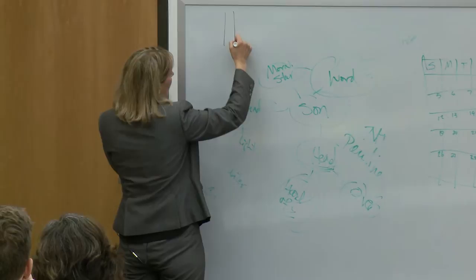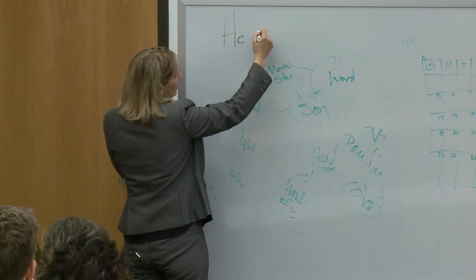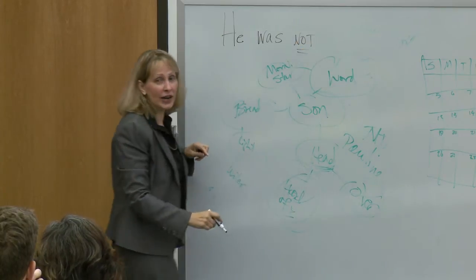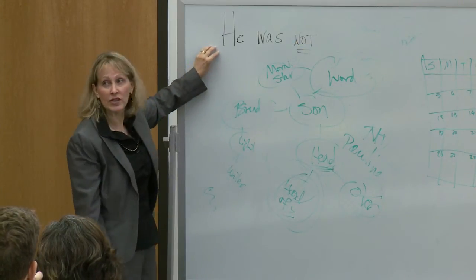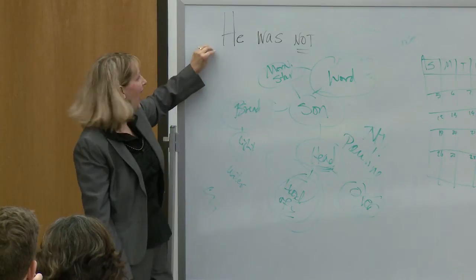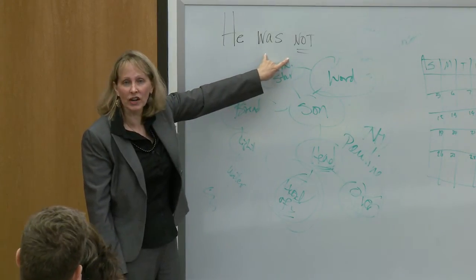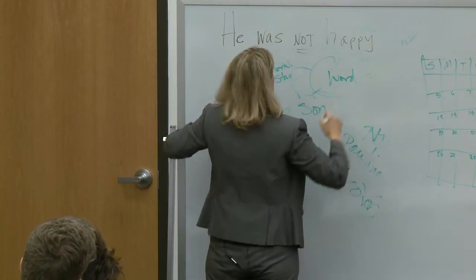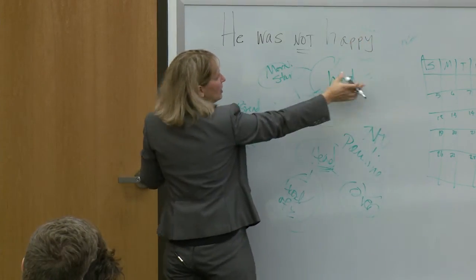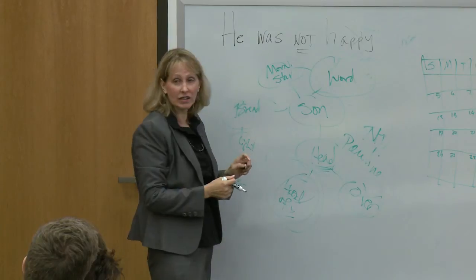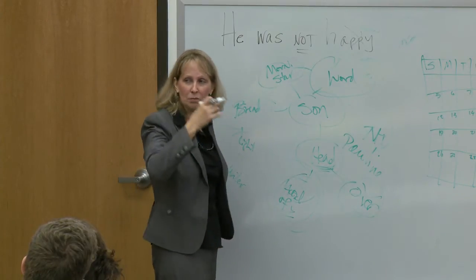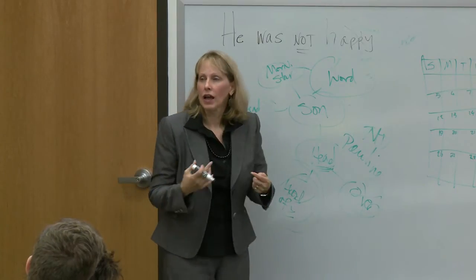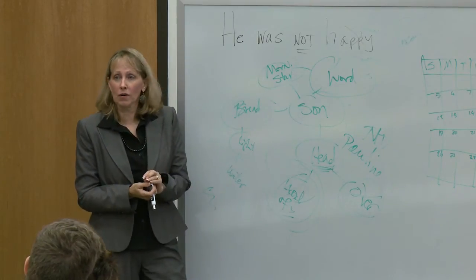So let's say, he was not. As you're reading this sentence, so far all you can picture is a he, right? You don't have any sort of image to picture here until you get to the word happy, right? So he was not, and then you picture a happy and then you negate it, okay? So you have to picture something that's an assertion and then unassert it. And it takes the brain 48% longer to process it.